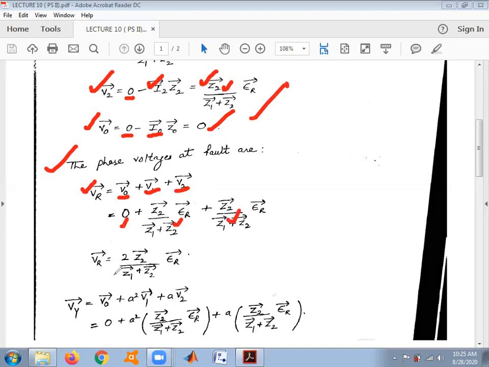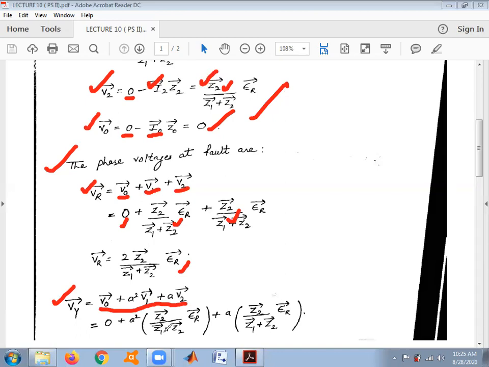by solving this, we get the voltage across the R phase is 2 times this. So for voltage across Y phase, again substitute the value in this formula. This formula is already derived in the starting of the session. The formula for VR, VY, this is a standard formula which we had already derived during the starting of the subject. By using the operator a, we can easily determine the voltage across any phase. So these formulas we had already derived. In this particular section, we have to just substitute.